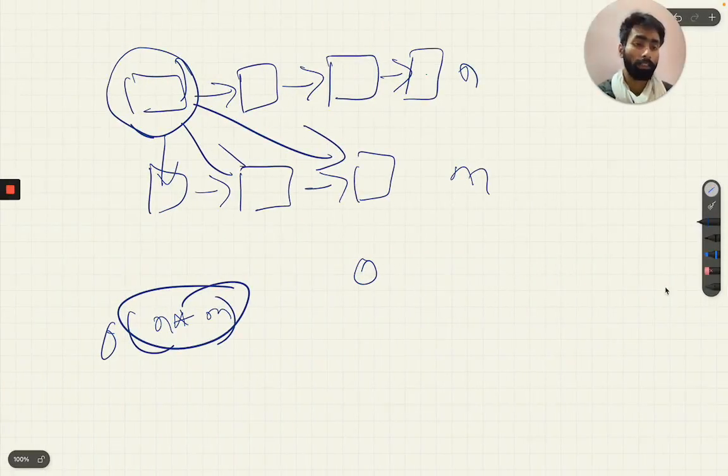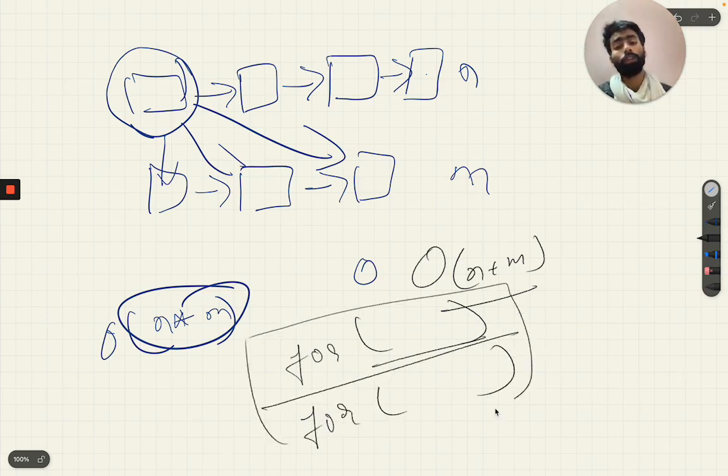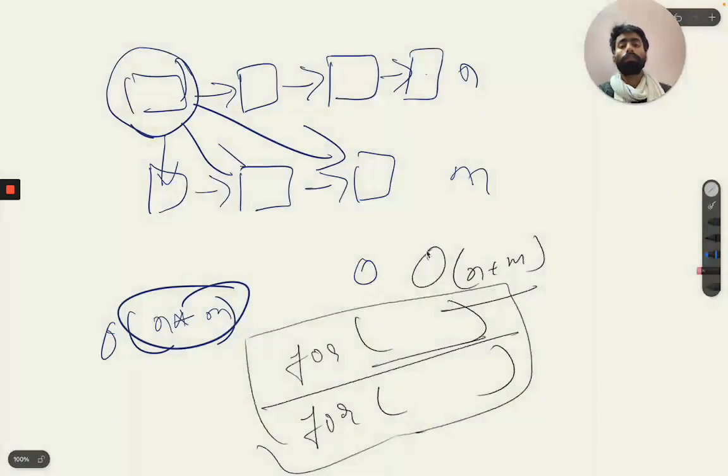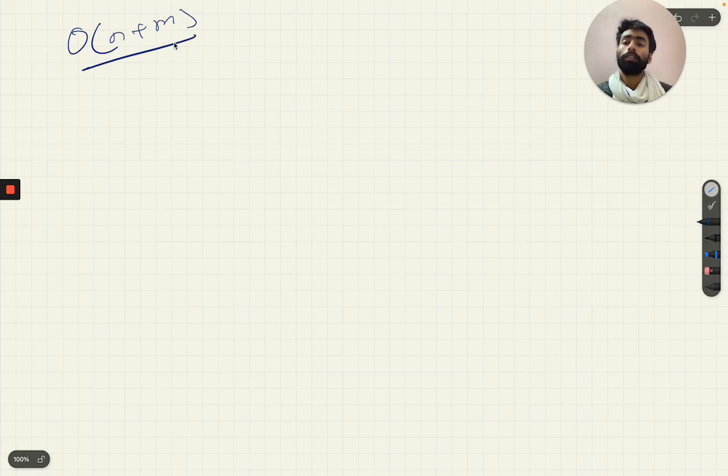It means that the constraint is n plus m. It means that we are using loops but not inside each other, while independently. That is, we will need to run two loops here. According to the constraint, we cannot run one loop inside another. So think of a solution where we can achieve it in the time complexity of O(n plus m).